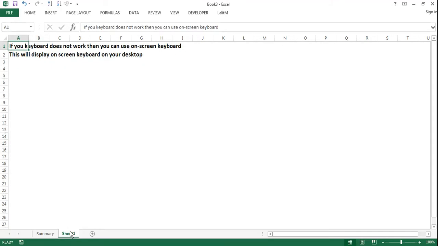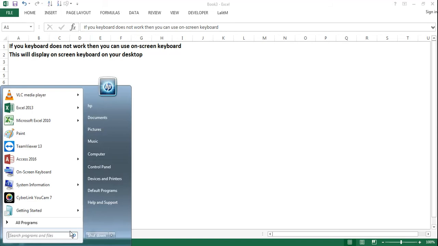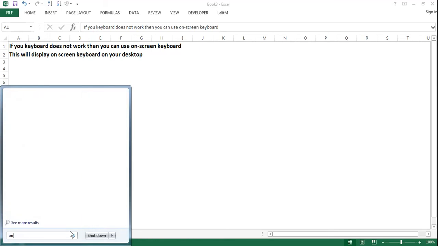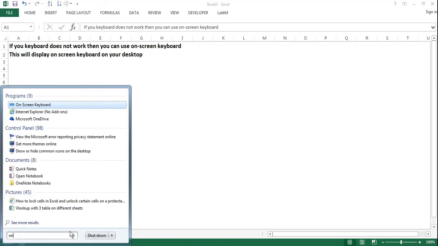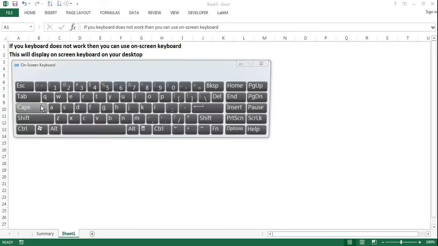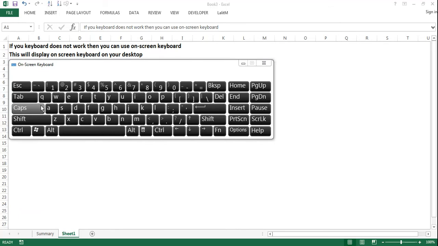So how to invoke this on-screen keyboard? First, press the Windows key on your keyboard, and from this Windows key you type "on screen". Once you type "on", your on-screen keyboard is highlighted here. You just press Enter on it, and then your on-screen keyboard is invoked right in front of our